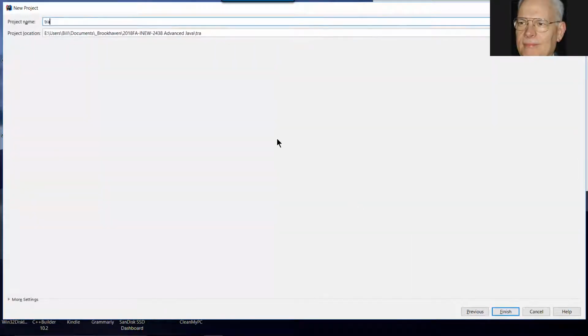Over here, we're going to change this project name. Step 10 says change the project to Transaction App. Okay, now I already have a transaction app on my system that I've been working on, so I'm going to call this Transaction App Intro. But yours will be just Transaction App. And see that it's going to put it in my advanced Java folder and in a folder called Transaction App Intro. And so now we say finish,